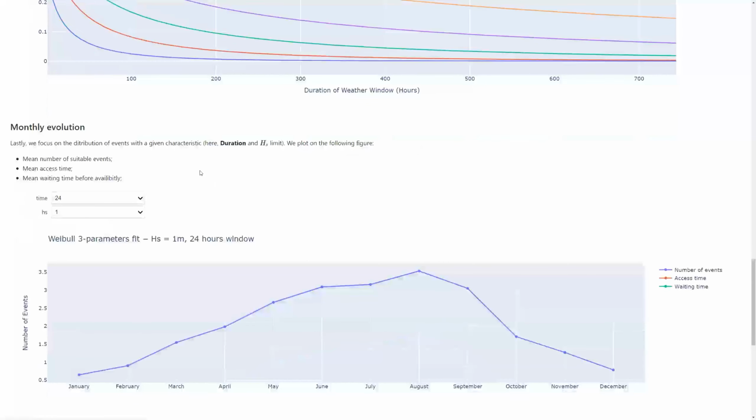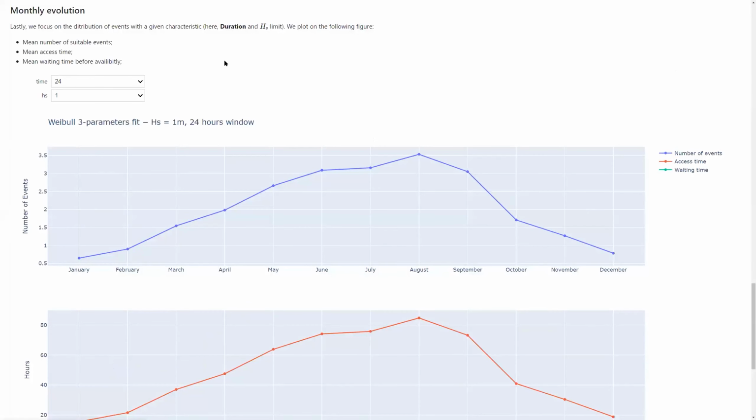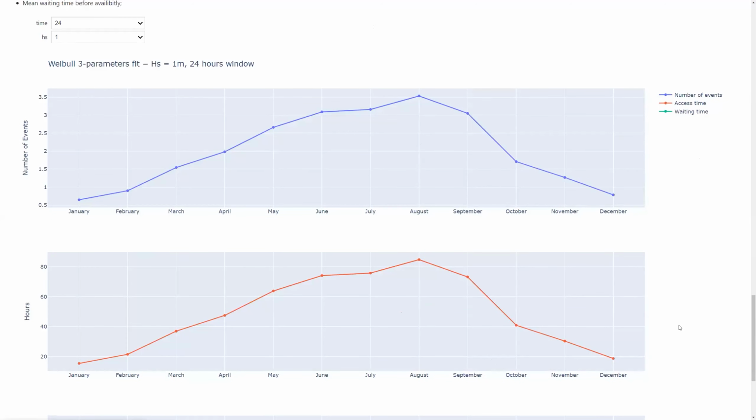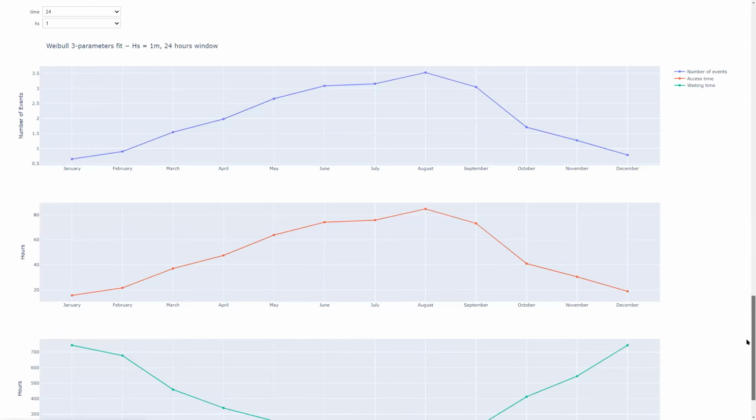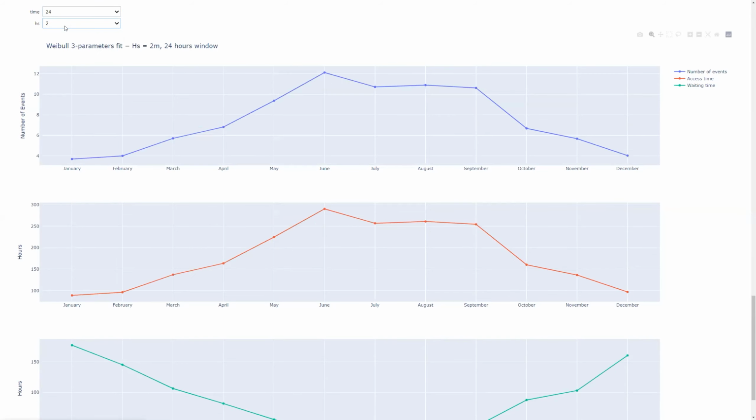And last but not least, we can show the monthly evolution of these characteristic curves. Here, I think I have to zoom out a little bit. I hope it will be okay for everyone. So here we have 3 curves, depending on the weather window you want and the constraint of HS. So for example, if you have 24 hours to operate and you cannot exceed 2 meters HS, then